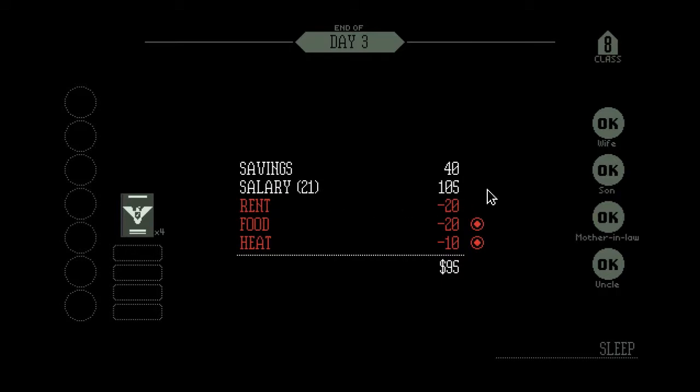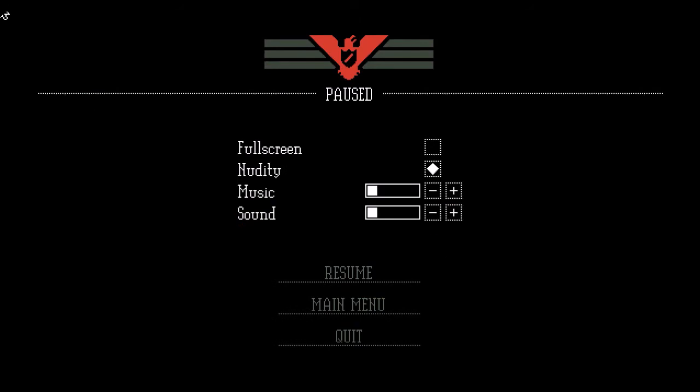There it is. 21 people, 105 credits. So I've doubled my savings and paid all my bills. That's very, very good going. That'll set me up for